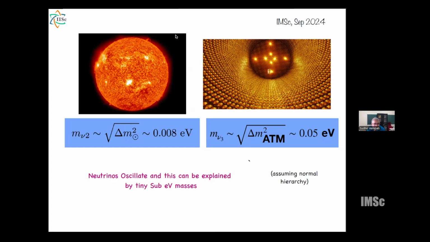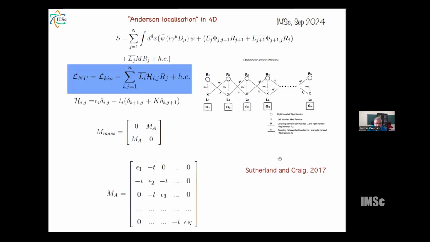Now, there is also a simultaneous idea that you can use this randomness in couplings or in mass terms to generate exponential hierarchies in masses, essentially. It's a basic idea of Craig and Sutherland, which I'll explain to you. So here, look, this is the Craig-Sutherland model,